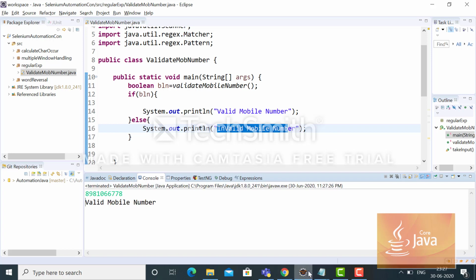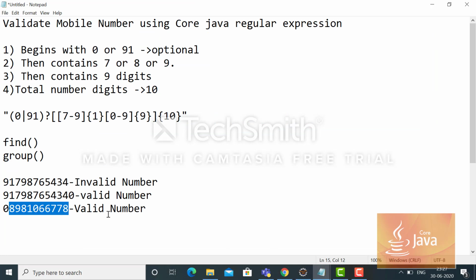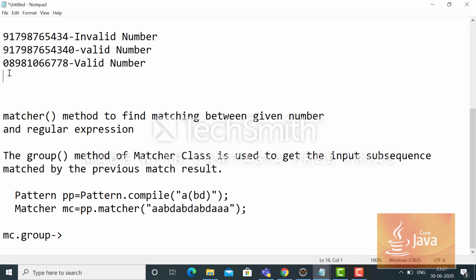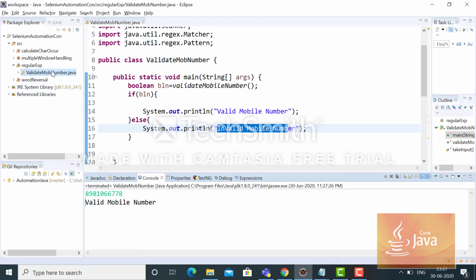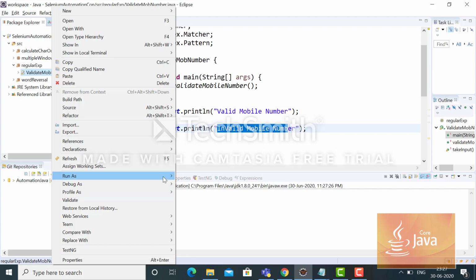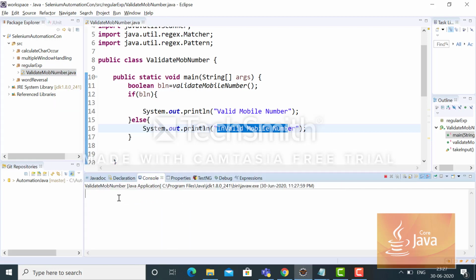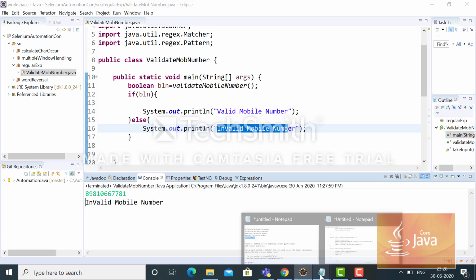So, valid number. Now I will give 11 digits and see how the program validates it. So, invalid number, as expected.